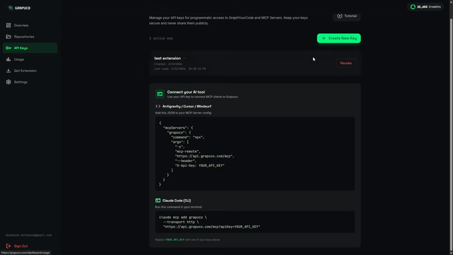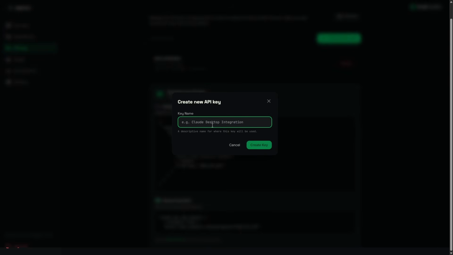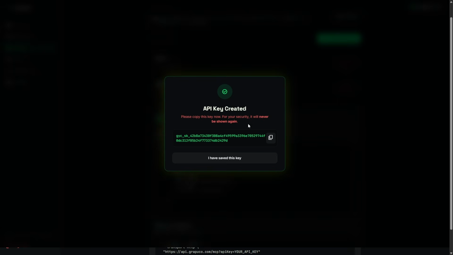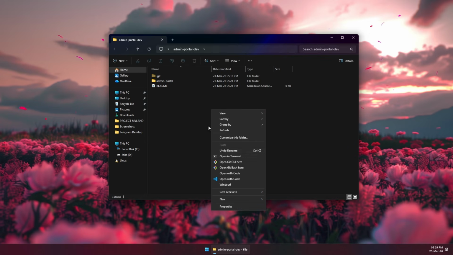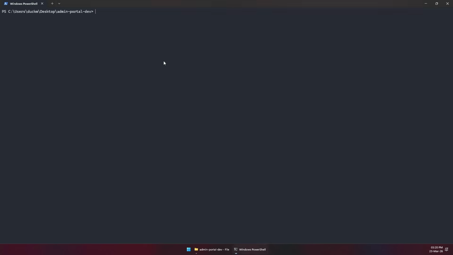the left sidebar. Here, just click on Create New Key and give your API key a name, then hit Create Key. Your key will be shown on the pop-up. Remember, this key will only be shown once, so copy it and keep it somewhere safe because you will not ever get it again. Next, open your project using Terminal and enter as following.